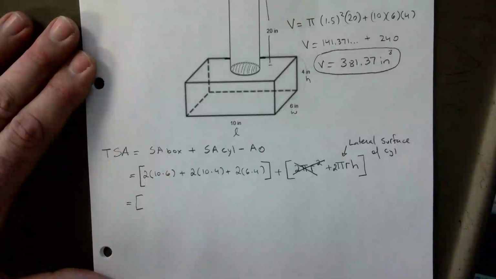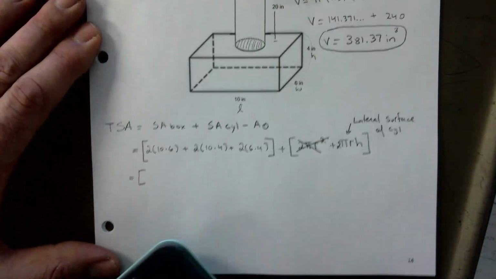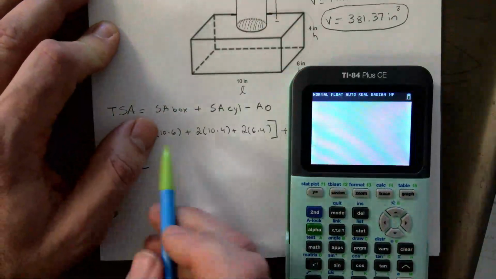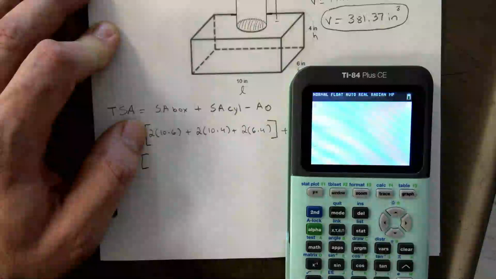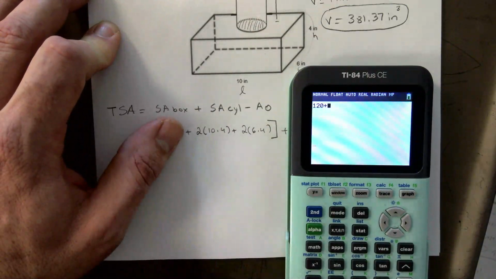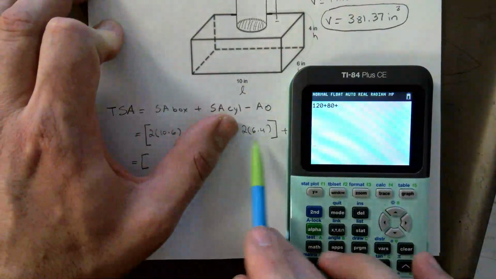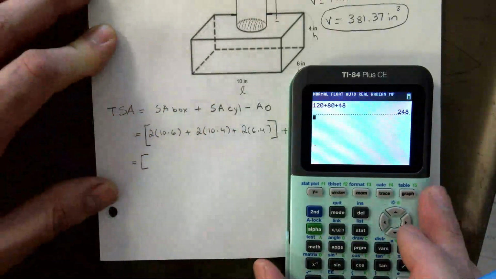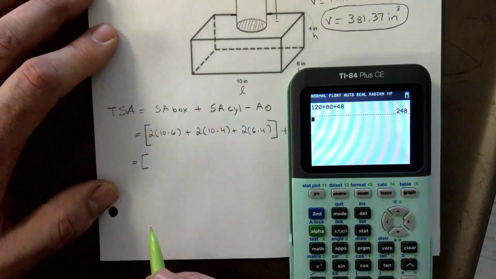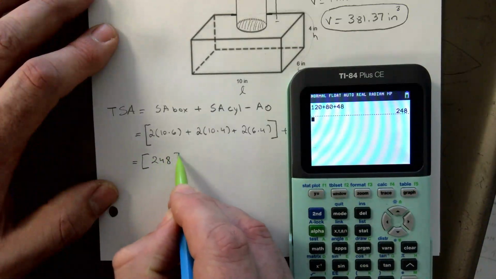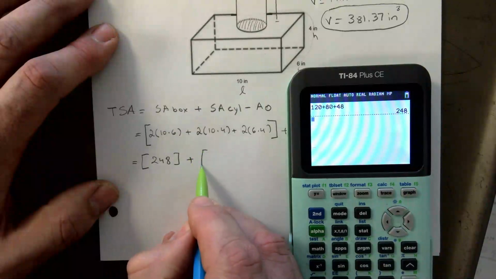We got to clean this up a bit. I will already do these numbers here. So what, 10 times 6 is 60, times 2 is 120, plus 10 times 4 is 40, times 2 is 80, 6 times 4 is 24, times 2 is 48. You can type it in all in one shot if you want. So that's 248 plus